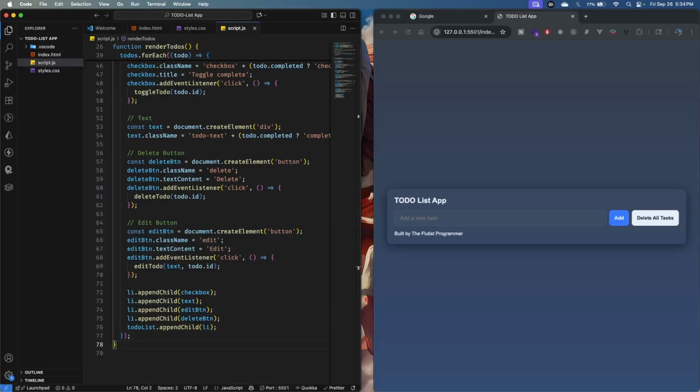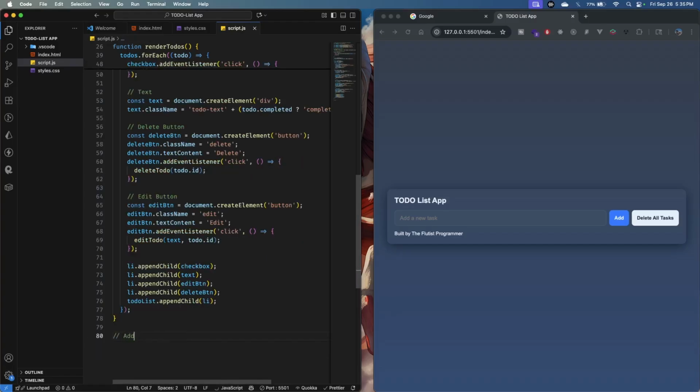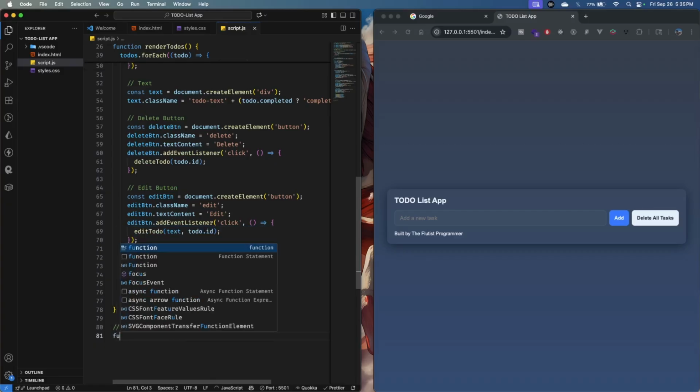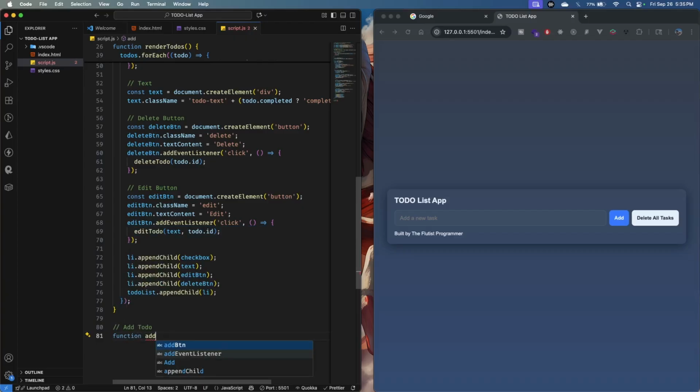So now the functions that we are missing in this case are the addTodo, which is for adding a task, the toggle, the delete, as well as the editTodo. And the clear all. So now let's proceed to add those functions because we are missing those. So now let's go down here, addTodo. So for the addTodo function,